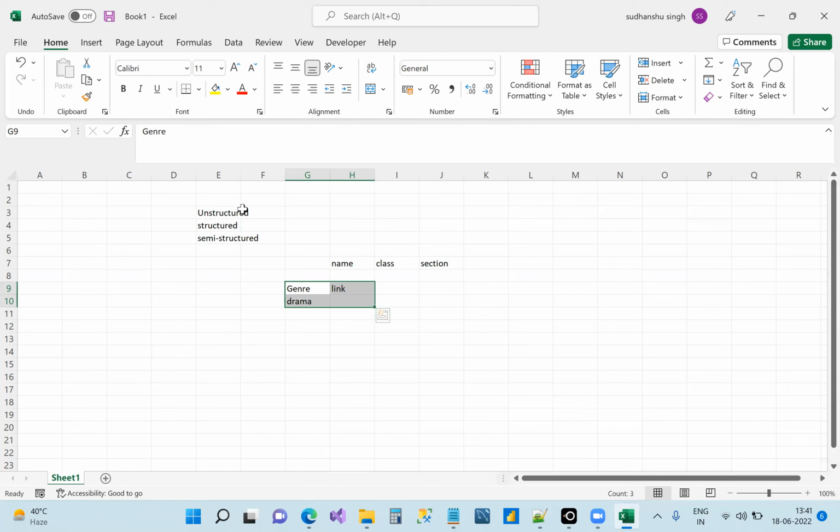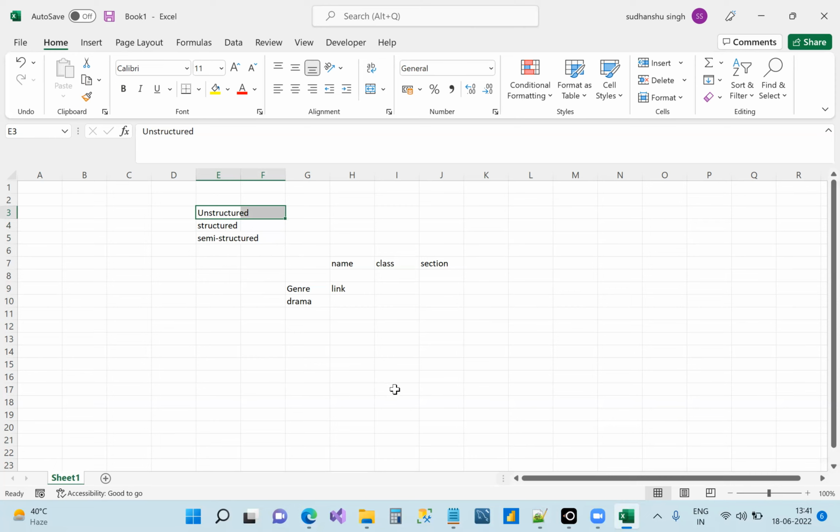So did you get hold of all three? Because without understanding this, you cannot learn SQL. Remember it if you don't understand this properly. Because in SQL, remember, we don't work on unstructured data. Unstructured data, that is this. We don't work on this. Why? I'll tell you. First, you all are aware of this now. What is unstructured? What is structured? What is semi-structured?